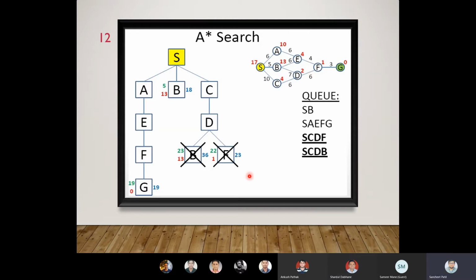So after that, when the f(n) is calculated for both the nodes, the B node again gets the 36 f(n) value, and F will get again a 23 f(n) value, which is way larger comparatively to G, which is having right now f(n) as 19.